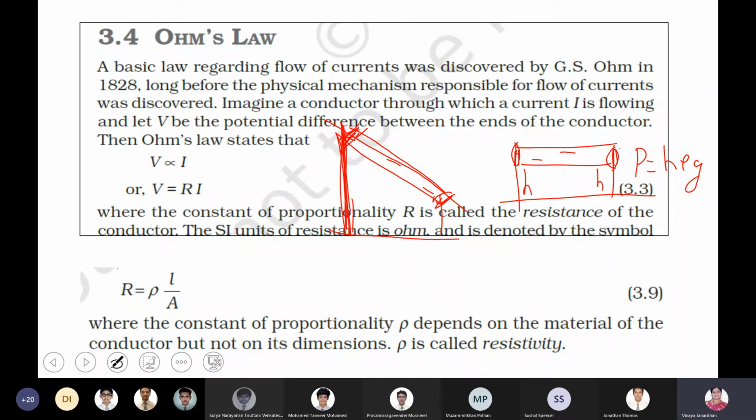So the pressure is 0.0000001 millimeter of mercury inside your fluorescent tube. Outside pressure is 76 centimeter of mercury. Then what happens? The moment you break,